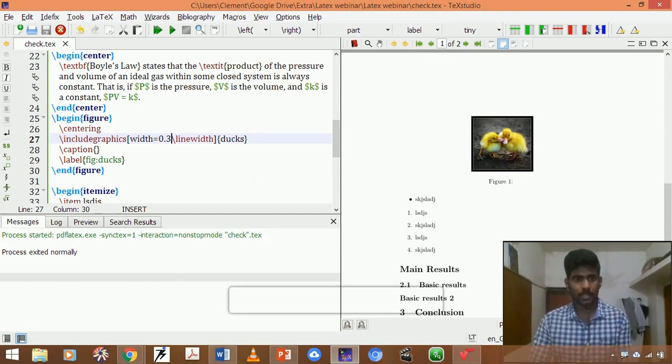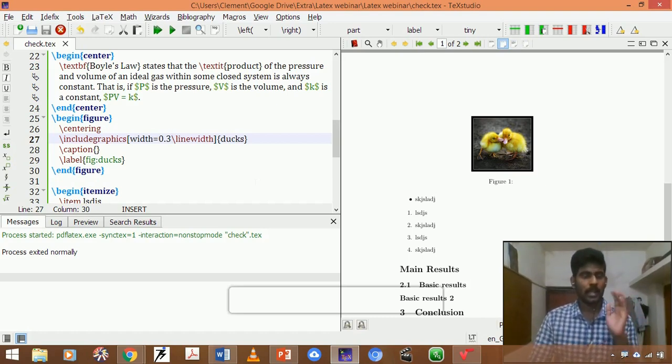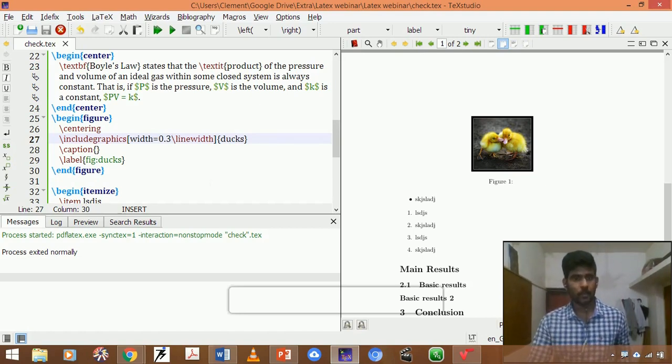I just wanted to repeat the same. Make sure your figure file must be saved in the respective folder, wherever your text document is saved. It must be saved in the respective folder of your text. That is a prior requirement. Okay, I will just go back to the presentation slide.